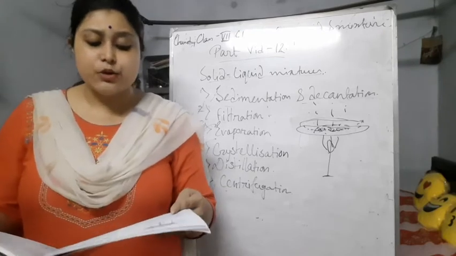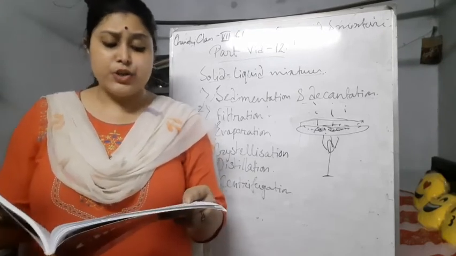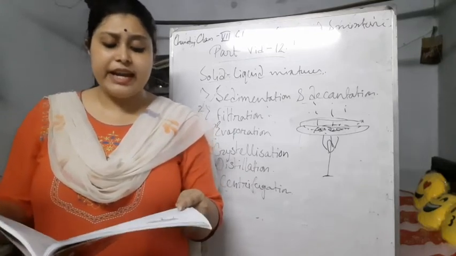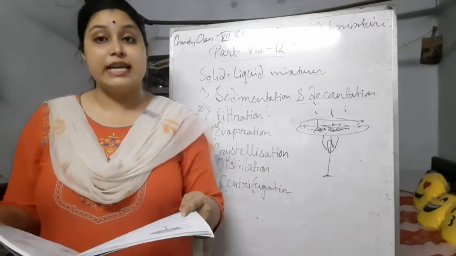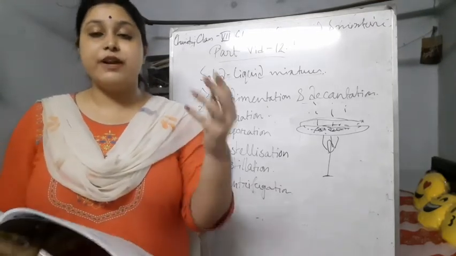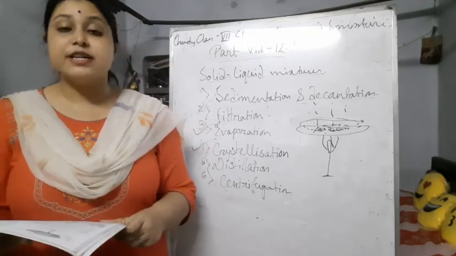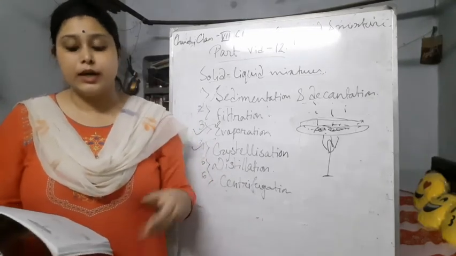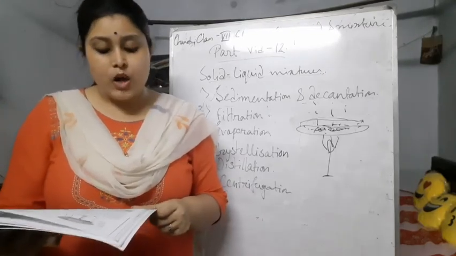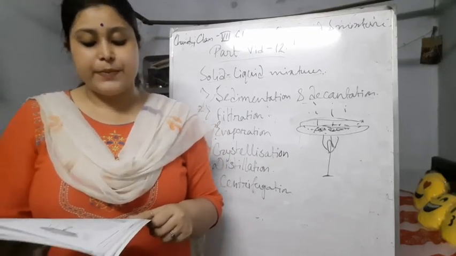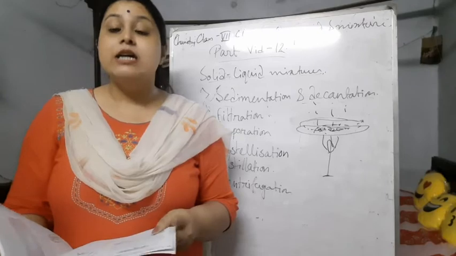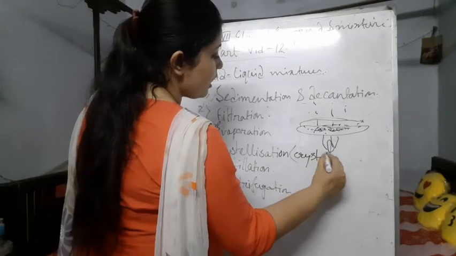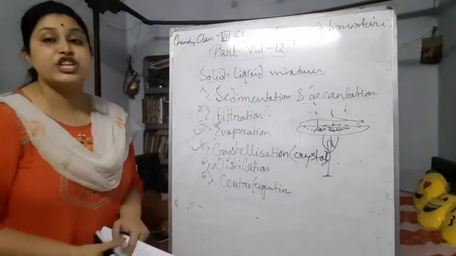At first the sugar solution is heated to evaporate water at a faster speed. Then when very little water is left, the solution is cooled. So it is a different type of procedure, in which the sugar solution is heated, and when a small amount of water is left, it is cooled rapidly. On cooling, the sugar starts separating out and forms the crystals. This is called the crystallization procedure.